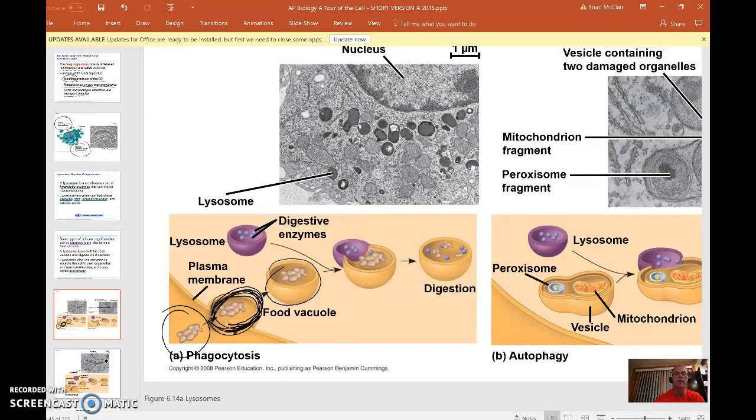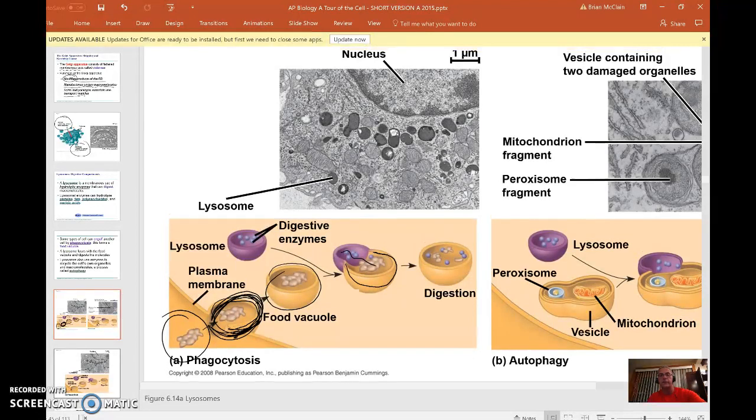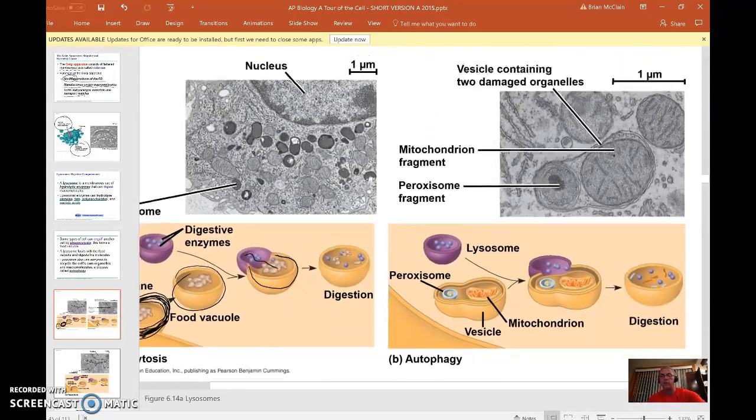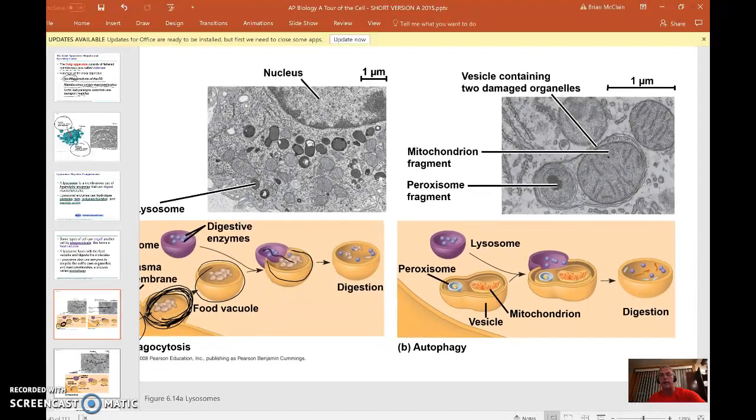The lysosome is going to attach to this particular vacuole, this food vacuole, and the hydrolytic enzymes are going to work to digest it. So we're going to be able to break those parts down, and that's how the cell is able to get nutrients in many ways. Now, the other thing that we can find is a process of autophagy, and what that's doing is the parts inside the cell occasionally need to be replaced. They either go bad, they're damaged, they're no longer functional. So the cell has really no tolerance for inefficiency. So what we'll notice is that the lysosomes will fuse to more or less a vesicle containing worn out parts,